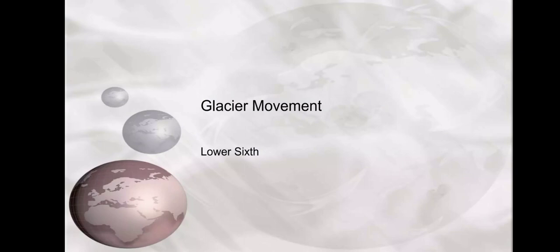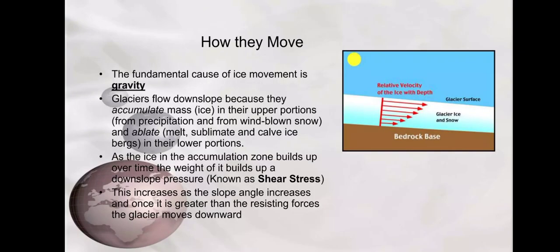So, glacier movement. How do the glaciers move? These are the explanations of how they move. So the fundamental cause of ice movement is gravity. So glaciers flow downslope because they accumulate mass, or what we call ice, in their upper portions from the precipitation